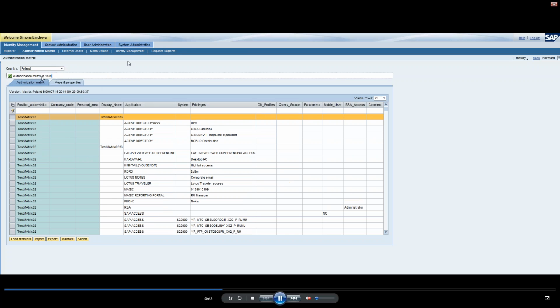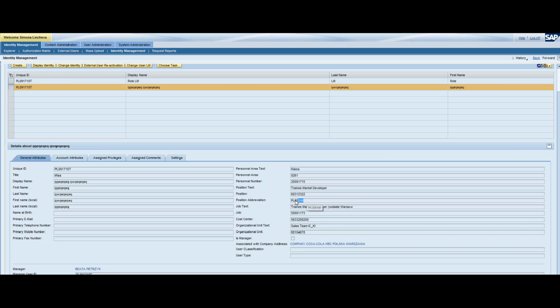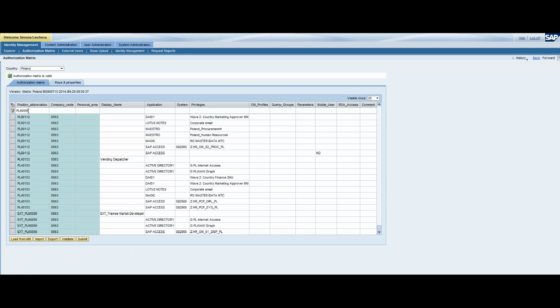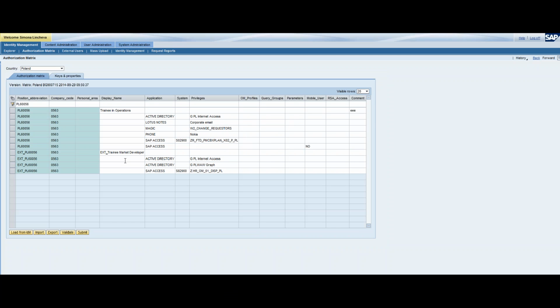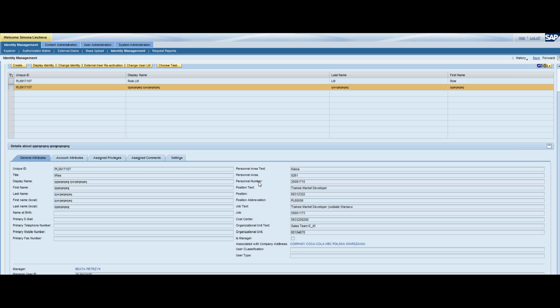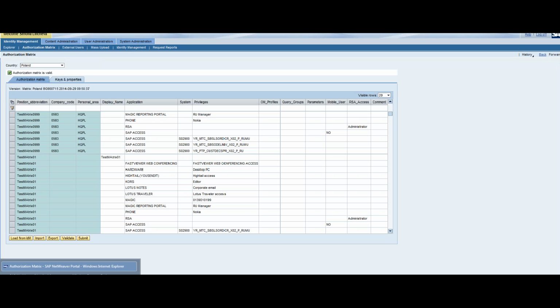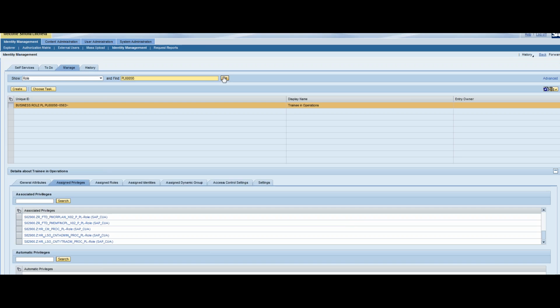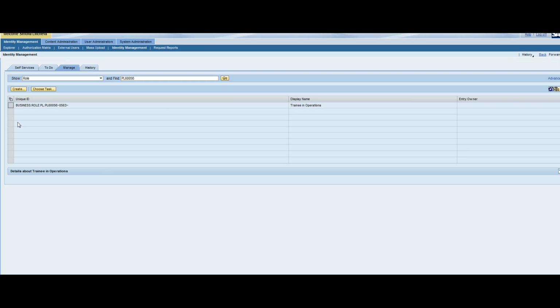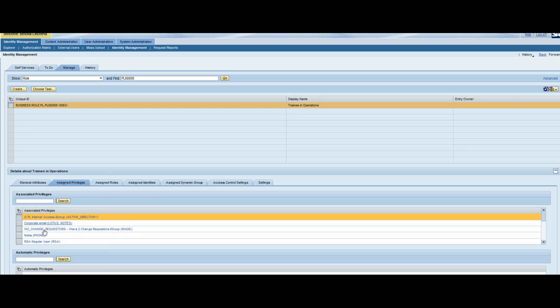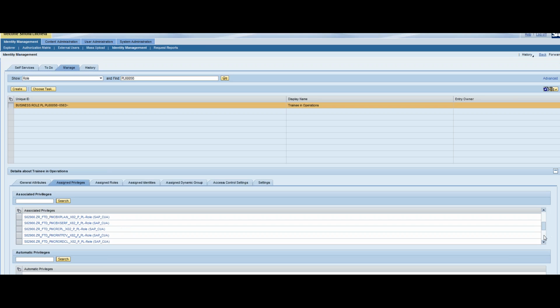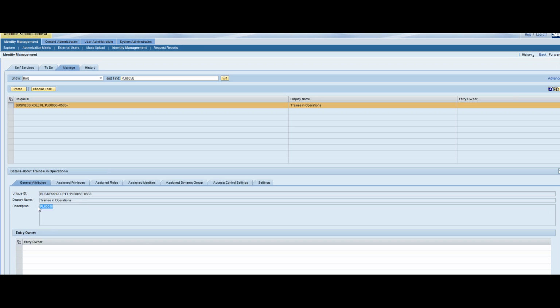Now I'll show you the whole process after a matrix is submitted from the UI, and how the business roles are updated. I will show you them directly in the standard IDM UI, and after that the user access gets automatically updated across the systems. So here is how the business role looks before the change.